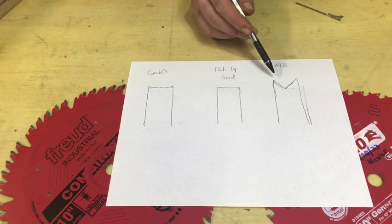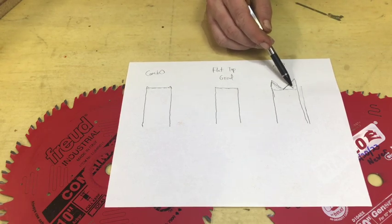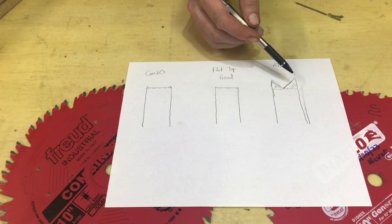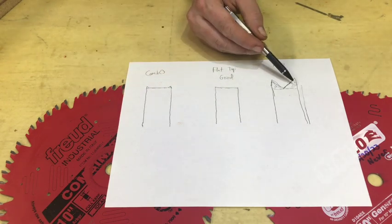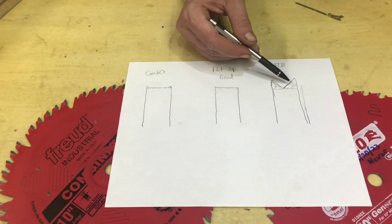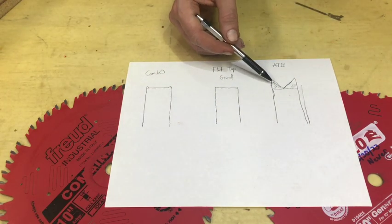This is exaggerated quite a bit, but your wood will only be able to go to this line, and you will have these little empty gaps here and here. Now, they may not be noticeable, or they may be noticeable enough, and the problem is you either then have to leave them, or fill it in with the color sawdust of the wood that the box is made out of. So strength-wise, these are all fine, but aesthetically,